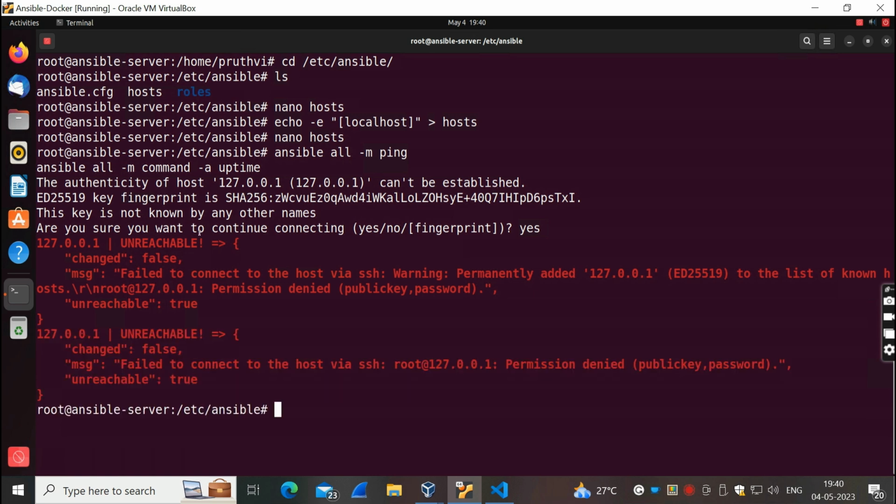So this is an issue. Whenever you are trying to SSH, right? It is giving permission denied. So we shall address this problem actually. Whenever we SSH, it's not going to work. It's not working for the localhost. So in the Ansible config,